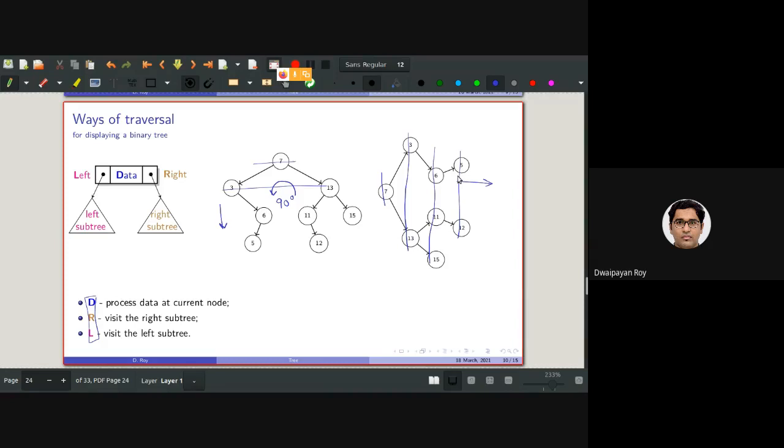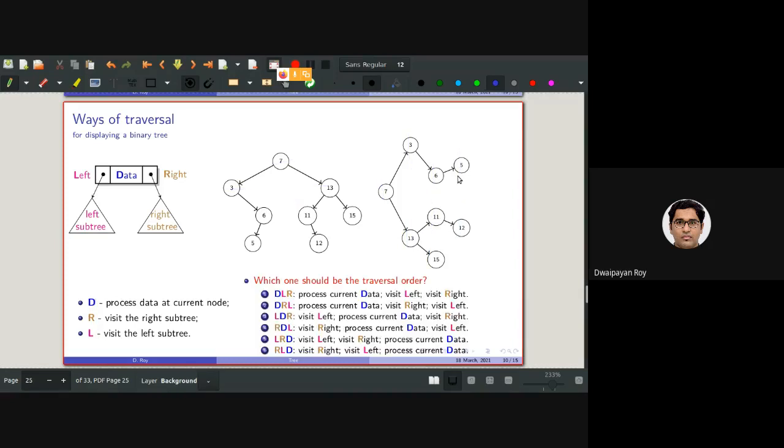Now you will be answering. We have already seen that based on D, R and L there are 6 ways of traversing a tree. Root left right, we have already seen.